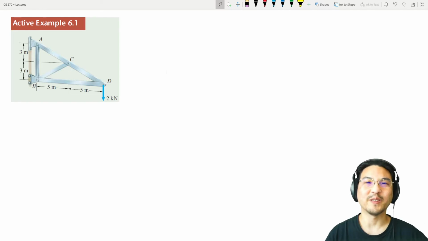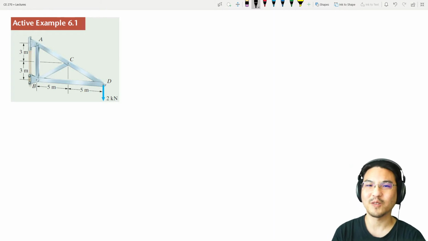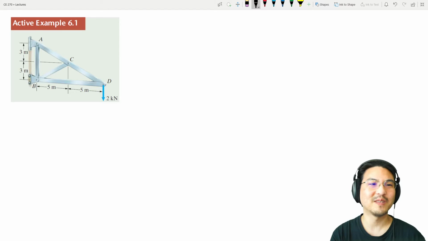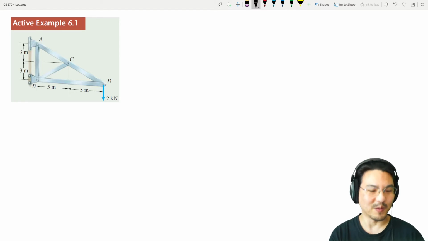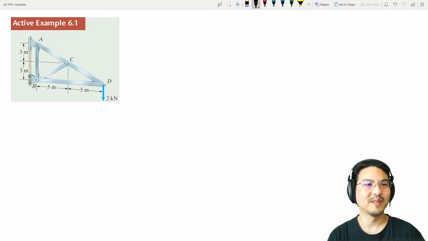Hey everybody, so this video is about analyzing trusses, and we're going to focus on the method of joints. So you should see that other video first about the method of joints. Here I'm going to show you an alternative starting point for the method of joints. So this is the same example from the other video, and a quick walkthrough how you would use the method